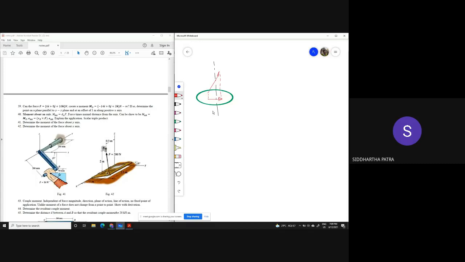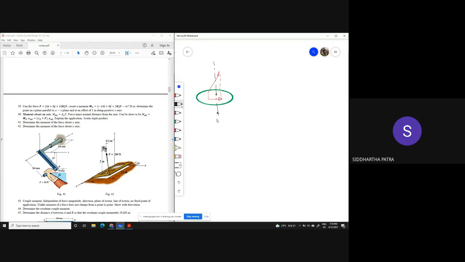And then we can take any point, the point of intersection of the axis with the plane, and that would serve as the reference point for the moment. And we showed that the reference point can be anywhere on the axis, because this plane is arbitrary. No matter where on the axis you take this perpendicular plane and take the projection, you're always going to get the same force. So that reference point can be anywhere on the axis,